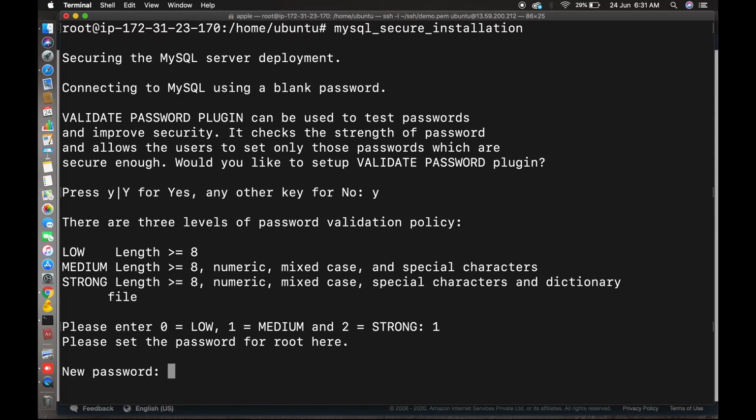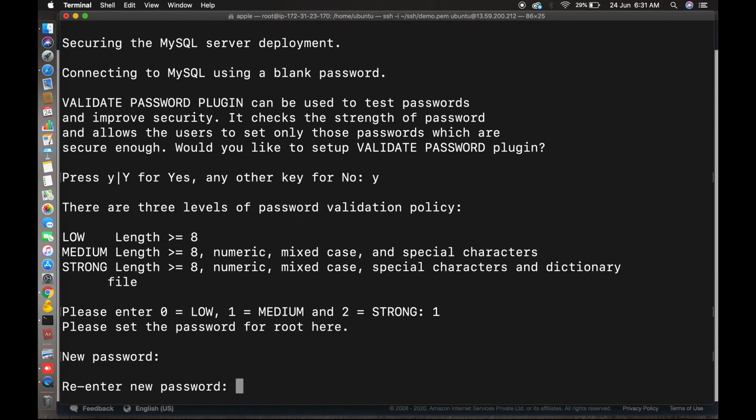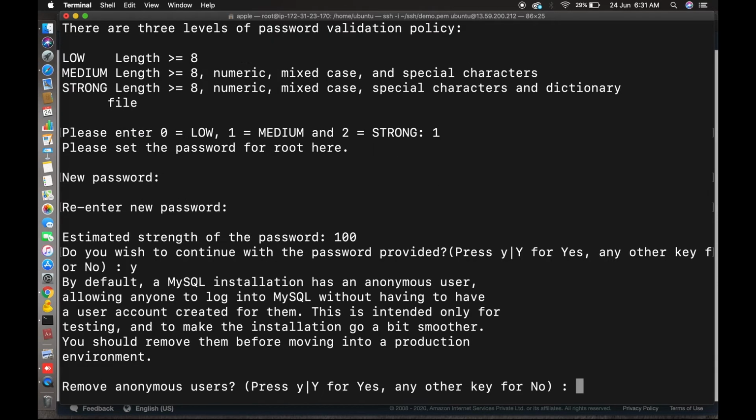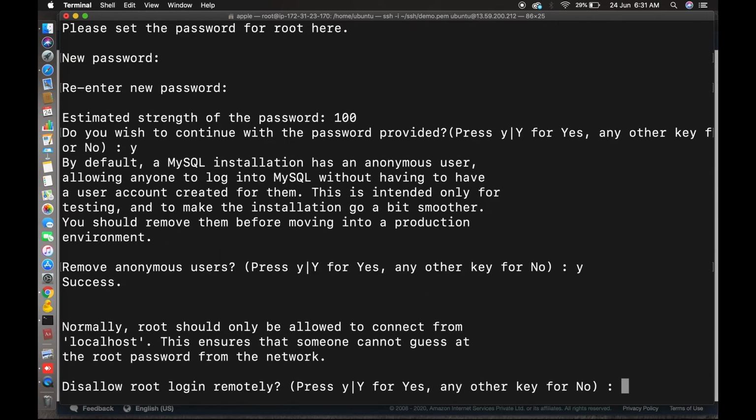You can give your own password; I am putting a simple demo@123 here. You should put a strong password, longer than 8 characters, unique, with mixed case and special characters. Here everything is y, meaning you can allow everything.